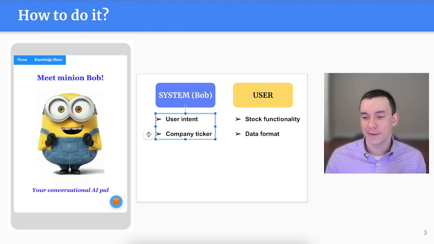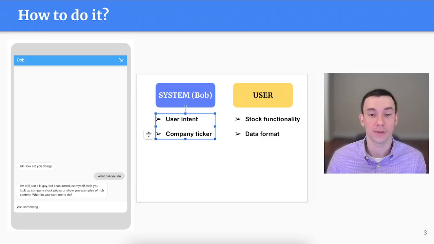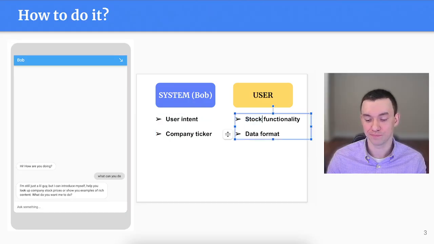So let's do it live. We got Armenian Bob. So I come up and I say, what can you do, to initiate the conversation, right? So as a user now, I'm starting to become more aware. So what does he do? He fulfills my knowledge gap, which is I don't know the functionality. So he tells me here that he can do stock price lookup. So now as a user,